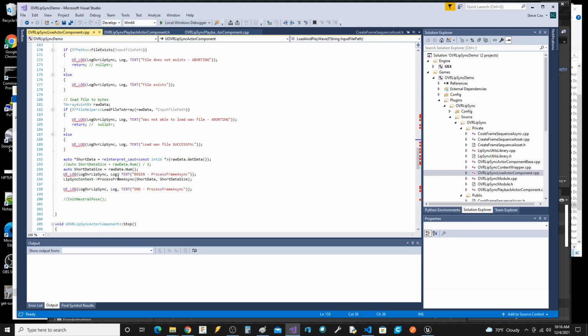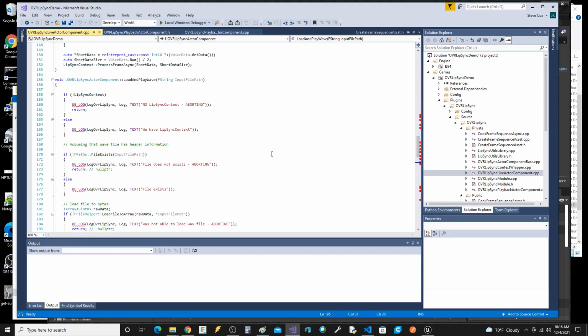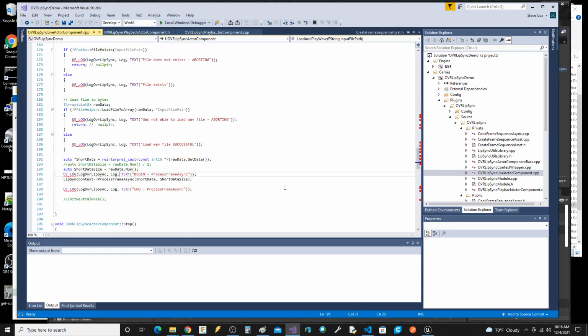I was playing around with this. I actually loaded the wave, and it would partially work, but it's the entire wave file. And the way this component works is it wants chunks. So you see this call right here. This is the money call that's inside of the library.